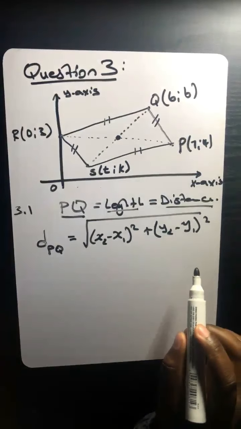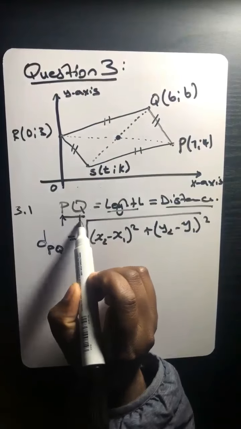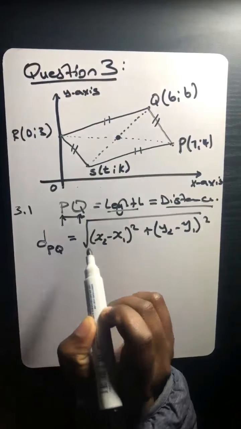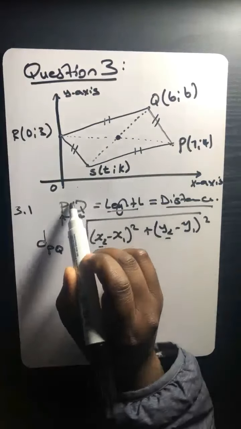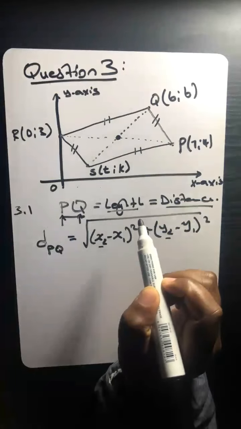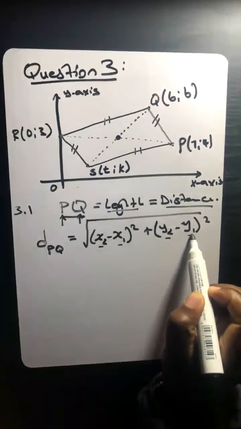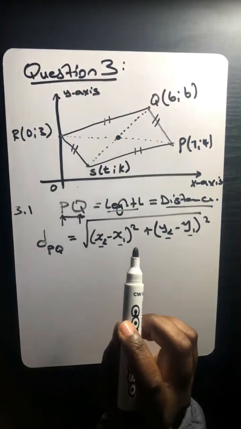And remember guys, I said alphabetically P comes first, Q comes second, which means your x2 and your y2 are going to be Q because alphabetically Q comes second. x1, y1 is going to be P. Why? Because alphabetically